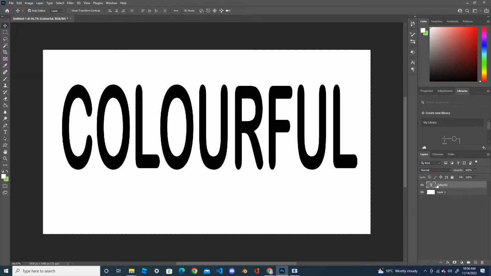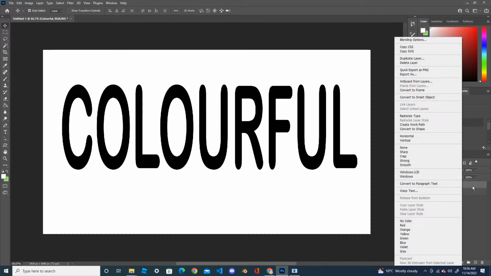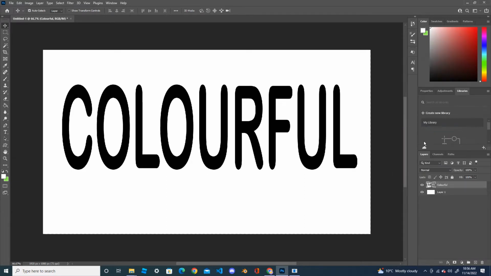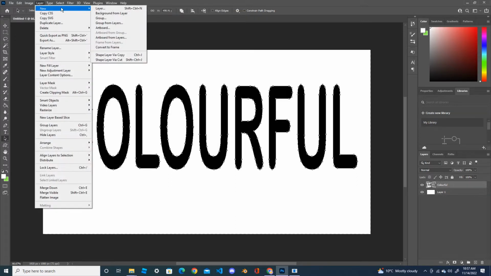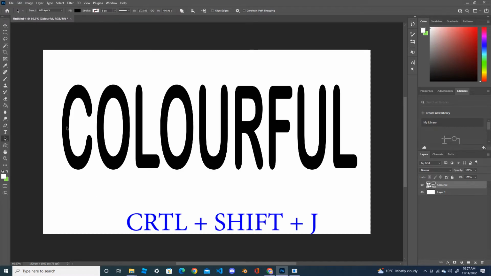Now go to the text layer and convert the layer to shape, and you can see that a small icon appears here. You can see that this text layer has been converted into a shape. Now go to the path tool, select the path tool, and you can see the dotted lines there. So select the first letter and go to Layer, New, Shape Layer via Cut, or Ctrl Shift J for the shortcut, and